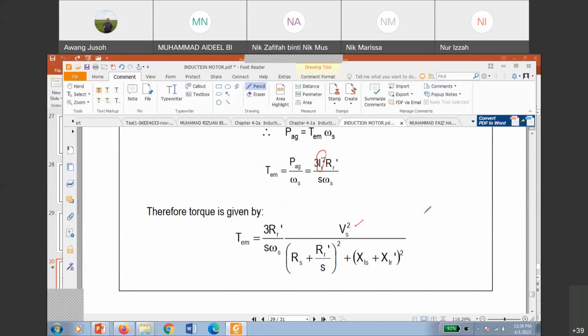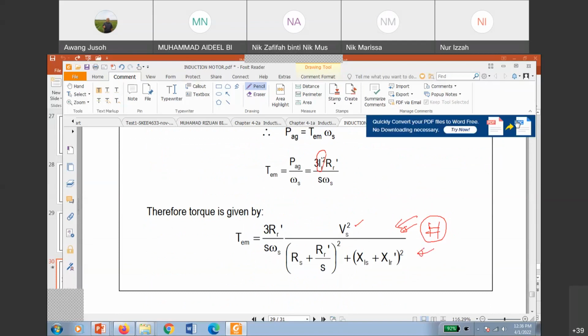Alright, so this represents the torque of the induction motor. This is a very important equation, and all of you must be able to derive it. You must, no exception. Everybody must know how to derive this equation to get the torque for the induction motor. Okay, so this one was with respect to IR. Now we remove IR, so it is with respect to the supply voltage. So what do we see from there? At a glance, what can we say about this equation?